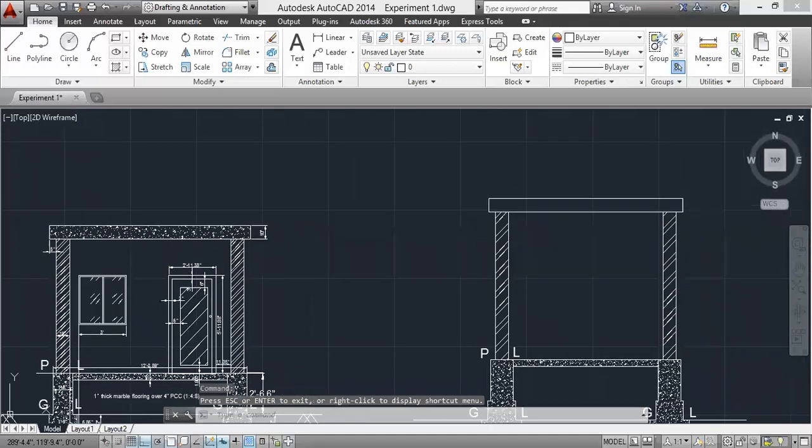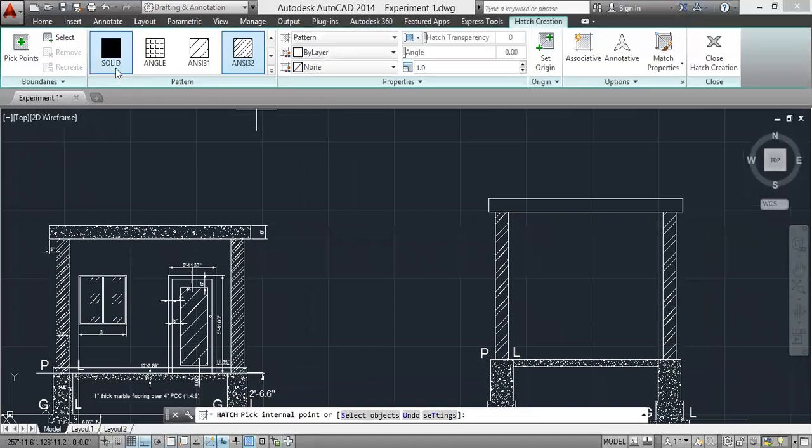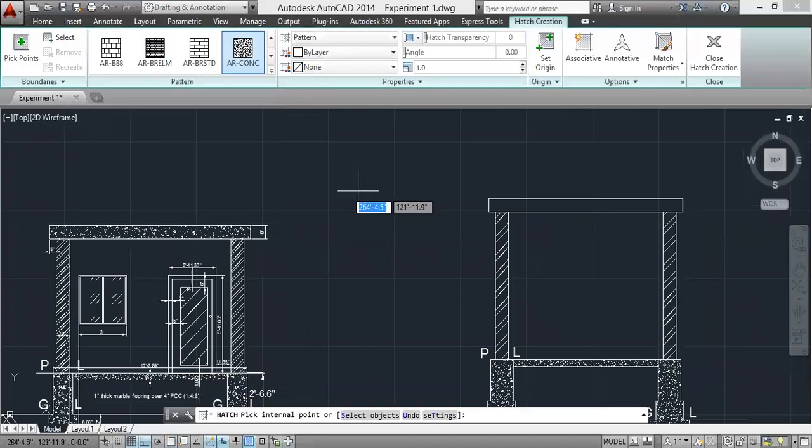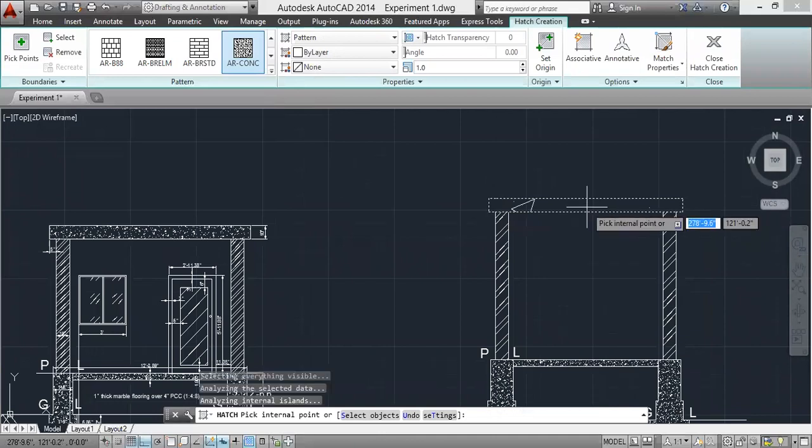Okay. Fill it with concrete hatch. Hatch. Select the option concrete. Pick the point here and change the scale factor.